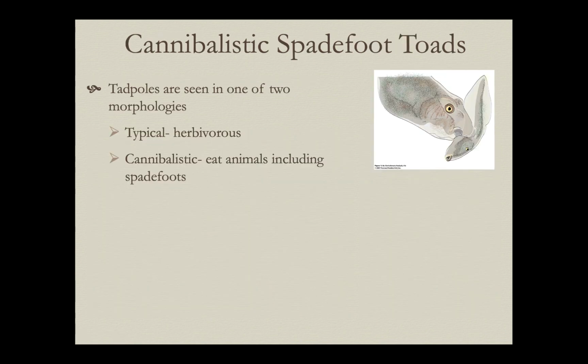Well, let's give one more example of how kin selection could lead to differential behaviors relative to the availability of kin and non-kin in a population. In spadefoot toads, tadpoles can develop in one of 2 morphologies. They show some phenotypic plasticity. If there's enough food around, they typically develop as herbivorous tadpoles, just feeding on algae and other aquatic vegetation. If, however, there's not enough food to go around and the population is really dense, at one stage a certain percentage of individuals will develop into a cannibalistic form. And this means that they're going to eat other animals, including other spadefoot toads.